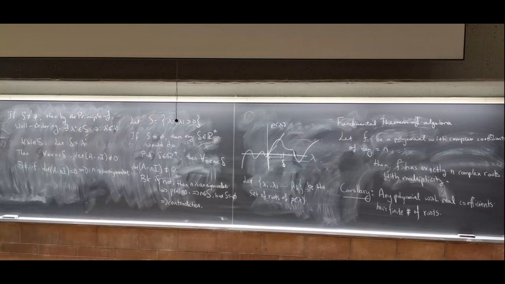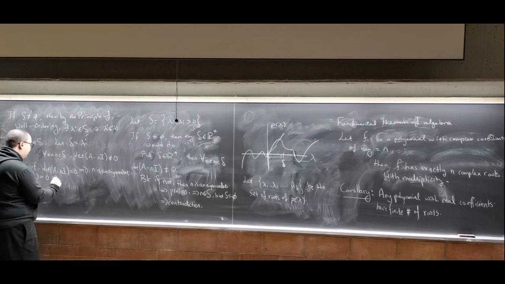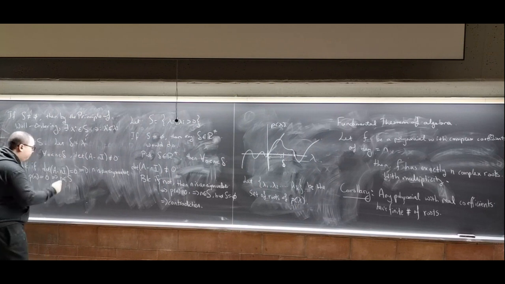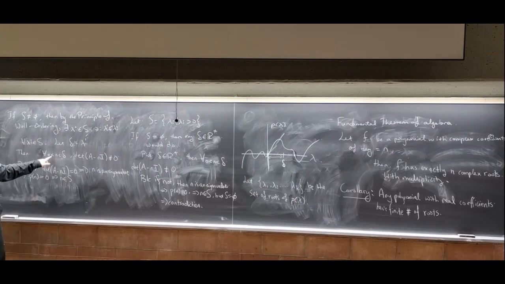And what does it mean to be an eigenvalue? It means P of n has to be 0, so that means n is in S because n is positive right here,